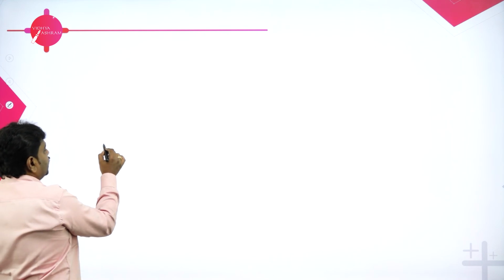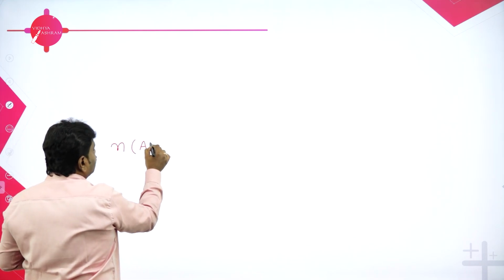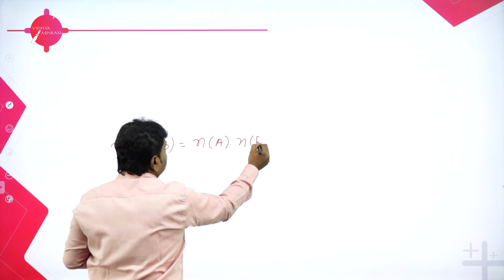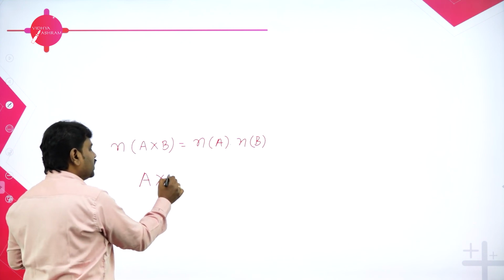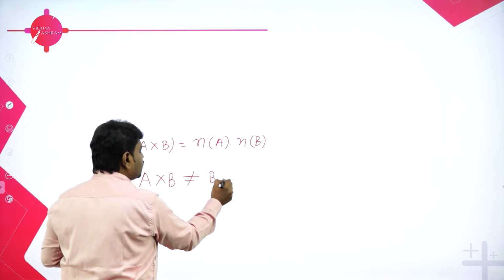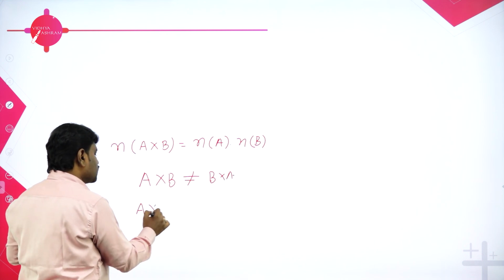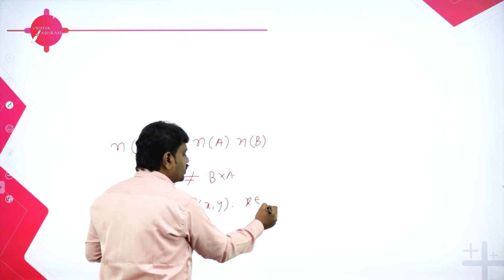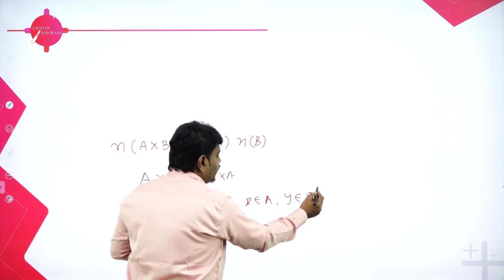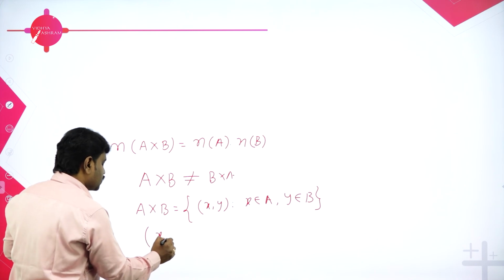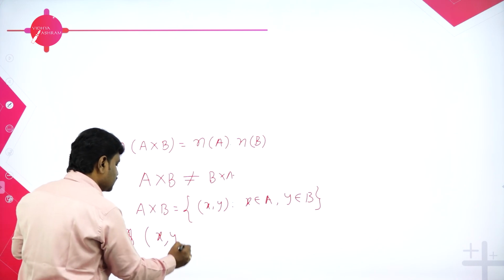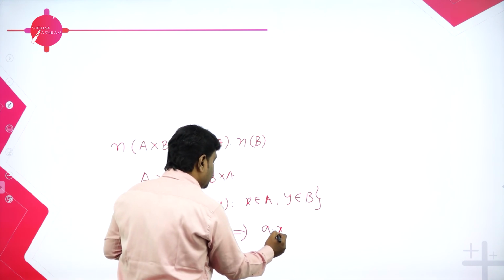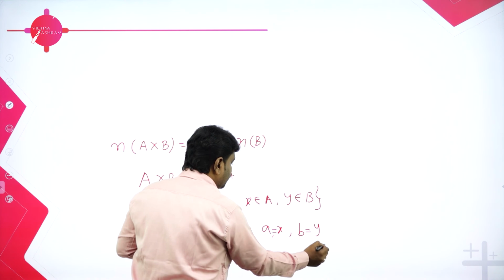In today's class, we studied the number of elements in A cross B. The number of elements in A cross B is what? n(A) times n(B). And another interesting concept we studied is that the Cartesian product A cross B is not equal to what? B cross A. And what is meant by A cross B? A cross B is a set which contains ordered pairs (x, y) such that x belongs to A and y belongs to B. And a very interesting fact we studied is that if (x, y) equals (a, b) as ordered pairs, that implies the first element should be equal to the first element and the second element should be equal to the second element. The basics.